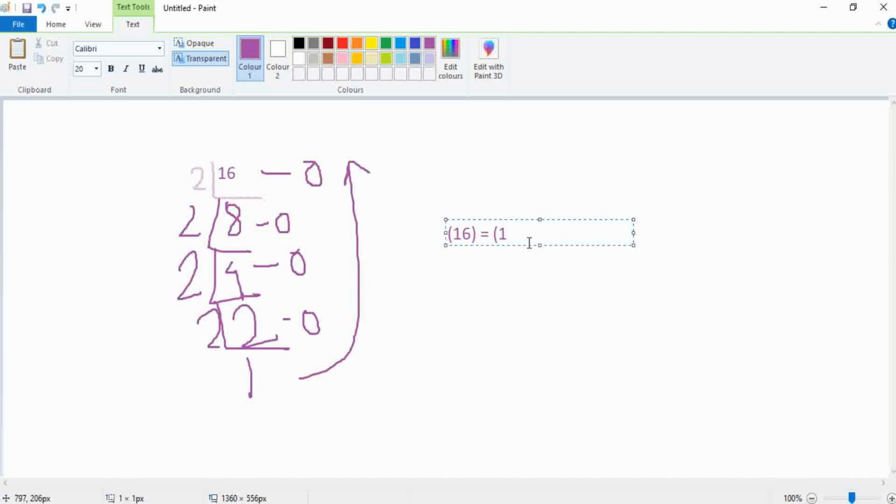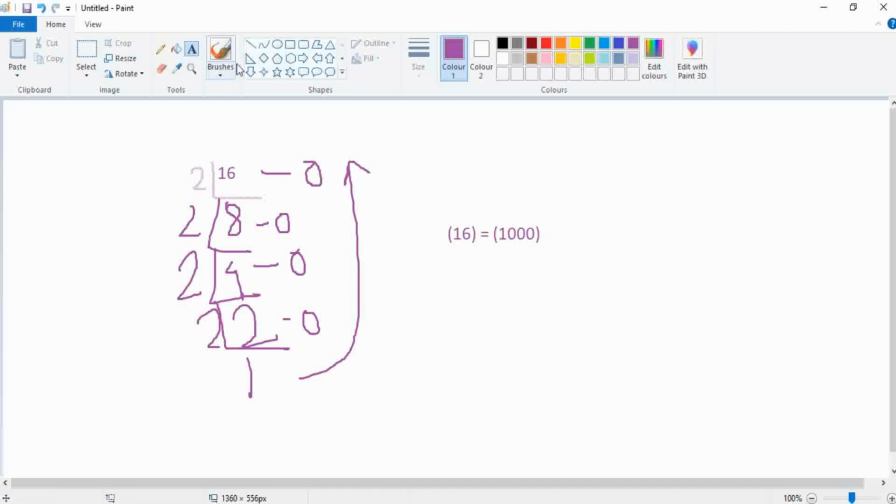Just write in this way: 16 equals, writing in reverse, 10000. This is 16 of base 10 in base 2. This is in binary.